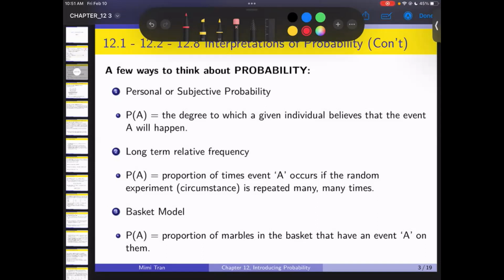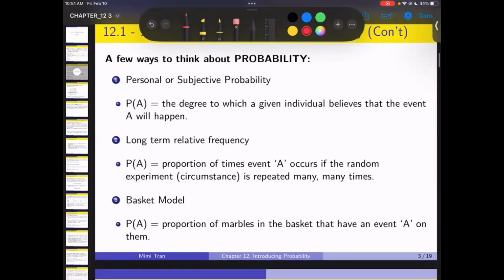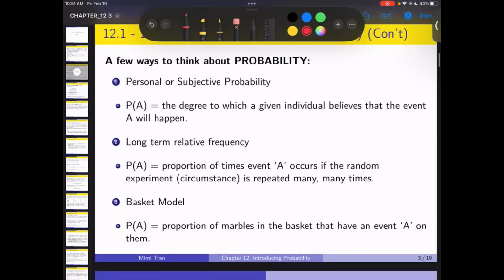Say you're watching with your friend, or you see your dad watching a game with his buddies, and then your dad will turn to his friend and ask, what is the probability the Lions are gonna win the cup this year? 20%, right? I would say 0, but he says 20%. So that is subjective probability, right? It's based on personal guess.